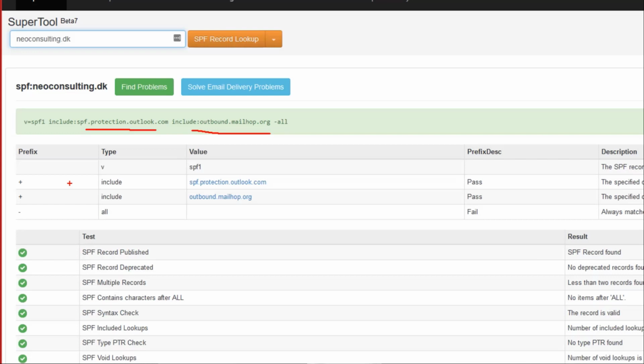If I had been using Mailchimp, I would need to include that as well. If I had, say, on-prem systems, I could either add those as an include with the DNS record of those email servers, or I could add IP addresses for those. And based on that, we need to make sure we have a setting here that defines